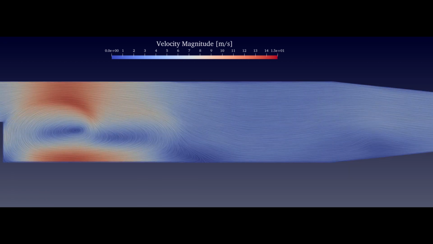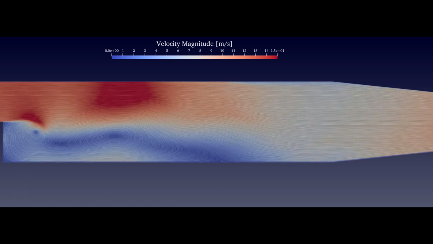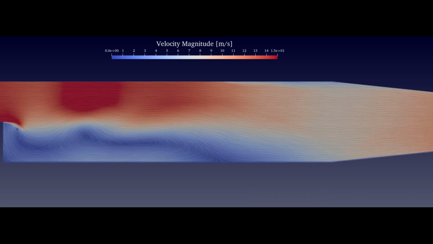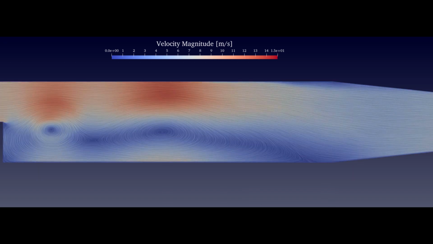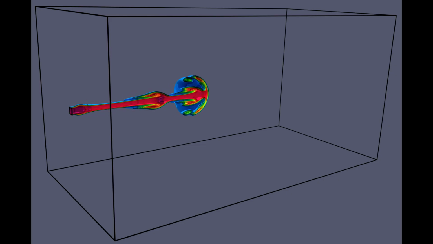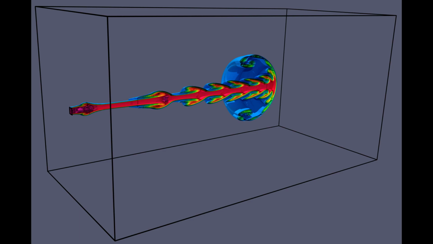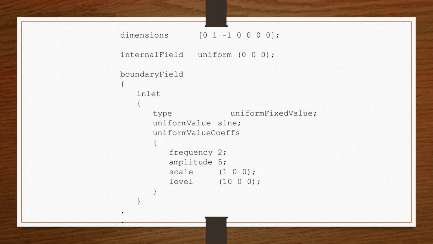In this video, I'm going to show you how to implement a pulsing velocity inlet boundary condition in OpenFOAM. I will also provide the files to my previous jet case, which I have modified to a pulsing jet case. I have added a few variations, including 2D subsonic and a 3D subsonic AMR case. I will show you a basic implementation and tell you a little bit about what each line of the file